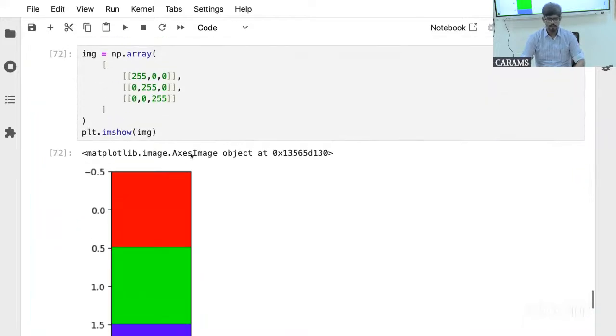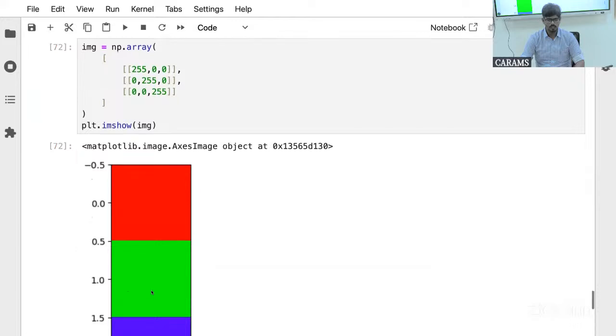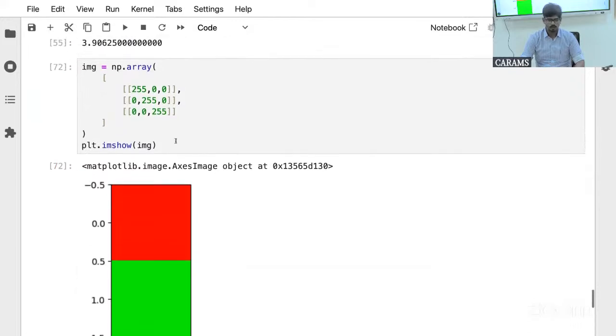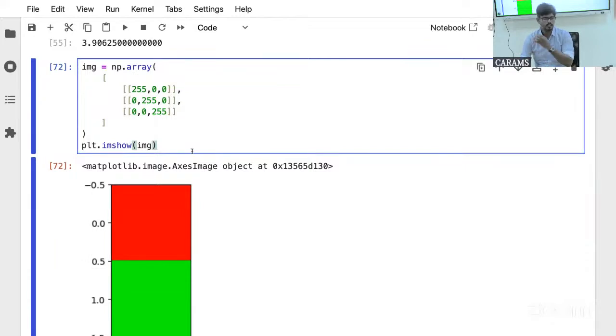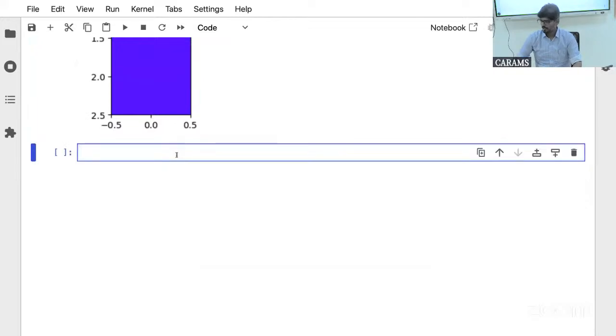I will tell you what we can do better. Now you can see that the first row is red, the second row is green, and the third row is blue, right? Now we can also split it across the channels, which will give us the red separately, green separately, and blue separately. So how do I do that? It's simply